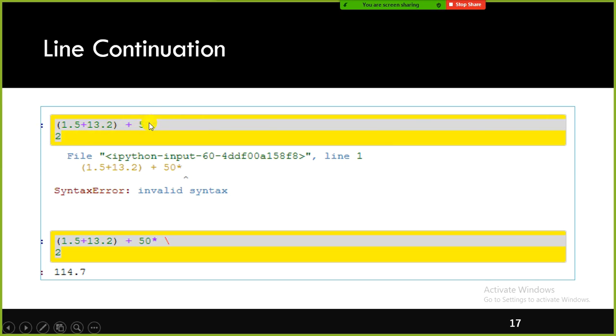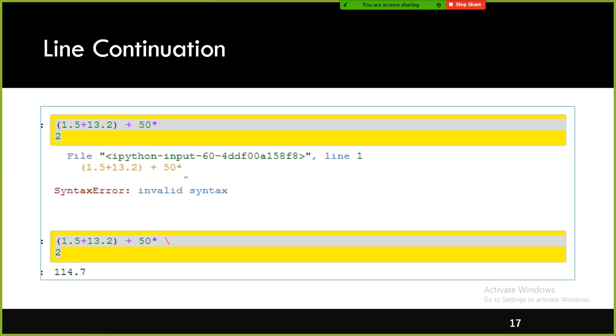But when you execute this, the Python interpreter will think these two lines are separate, independent lines. Actually, it is a single line command. Because of lack of space here, we typed it here. Ideally, the interpreter should consider these two lines as a single line command.